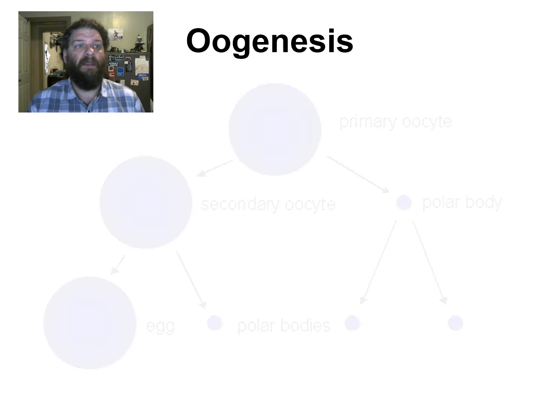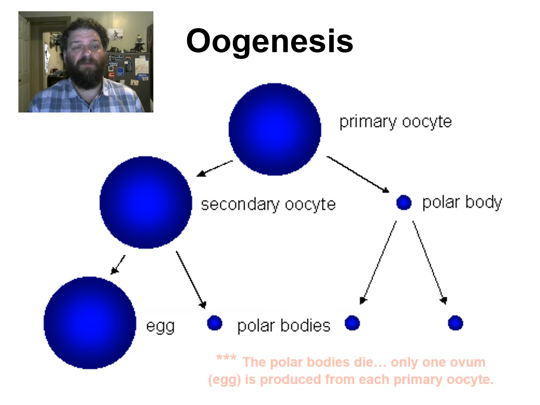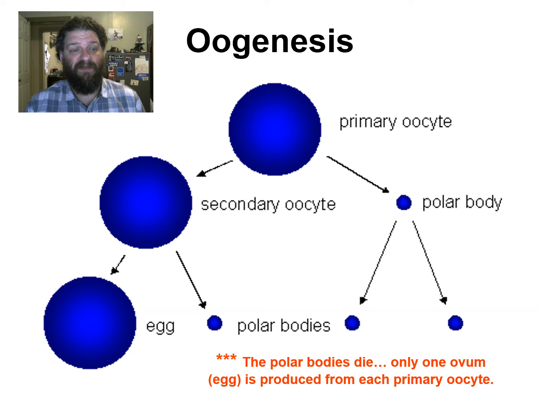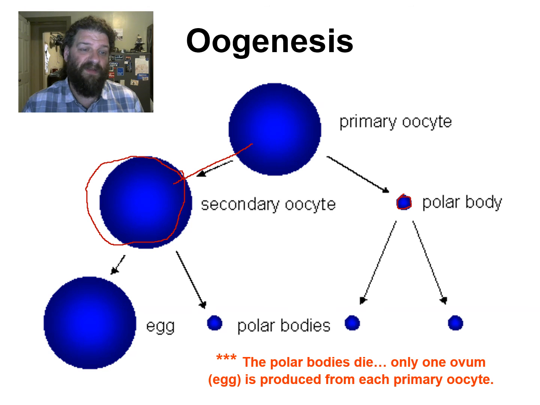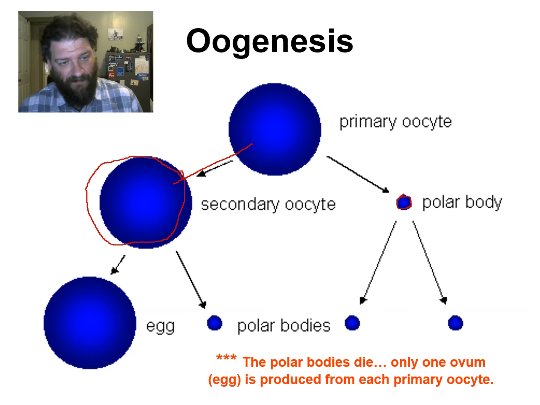Now, oogenesis is going to look quite a bit different. All right, hopefully you can see right off the bat, big difference. One cell is quite a bit larger than the other cell. This little polar body, as it's called, is really just half of a nucleus. All of the cytoplasmic material is going to end up in one of the secondary oocytes, as they're called. Not a term you need to know. And so it's unequal cytokinesis.